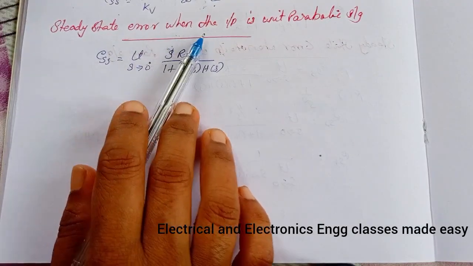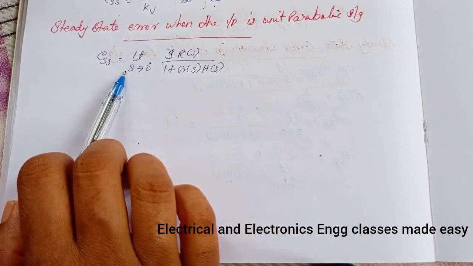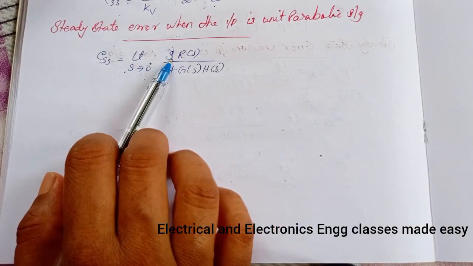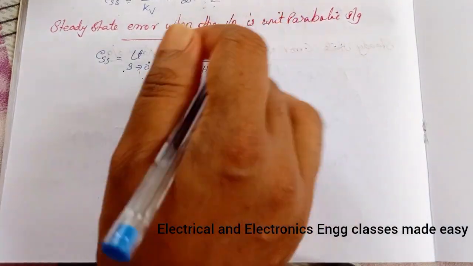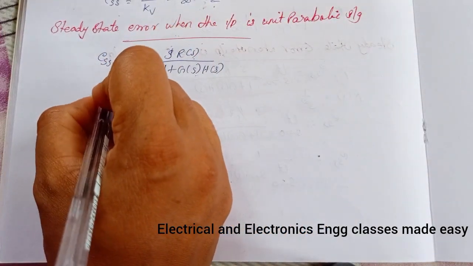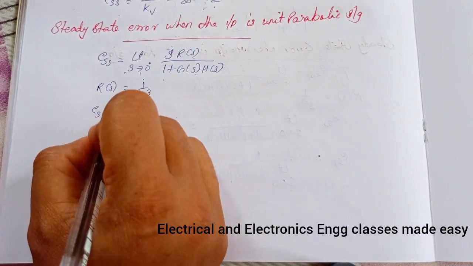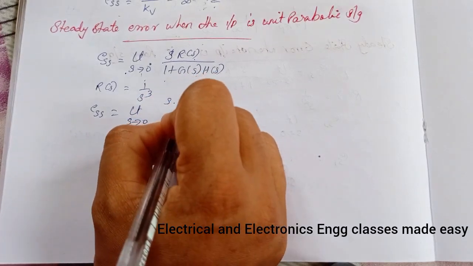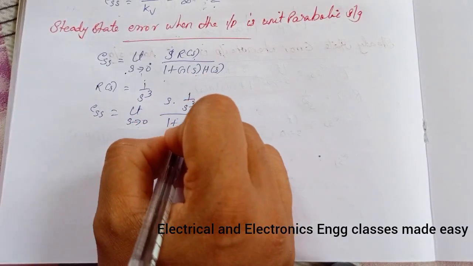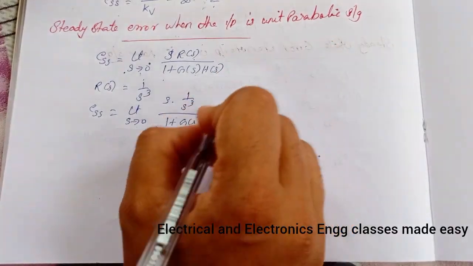Next is steady state error when the input is unit parabolic signal. So we have ESS equal to limit s tends to 0 s into R of s divided by 1 plus G of s H of s, and for unit parabolic signal this R of s will be equal to 1 by s cube. So ESS will be equal to limit s tends to 0 s into 1 by s cube divided by 1 plus G of s H of s, and that is equal to, here we get 1 divided